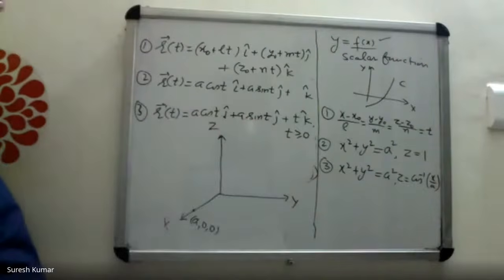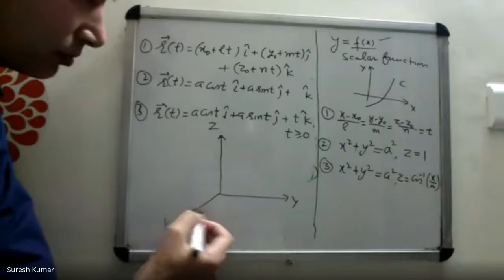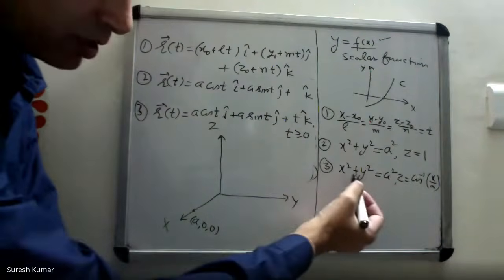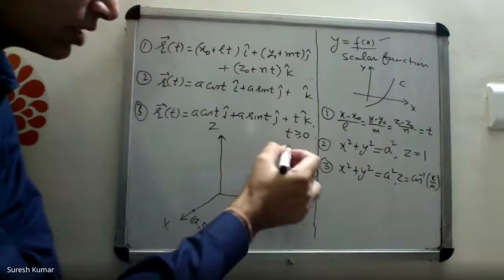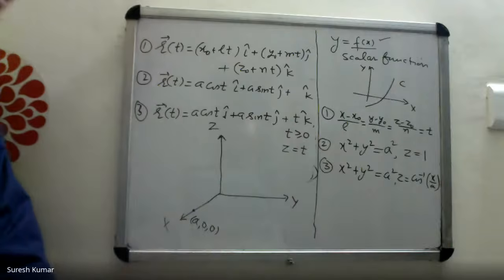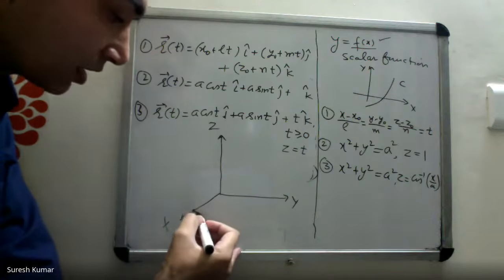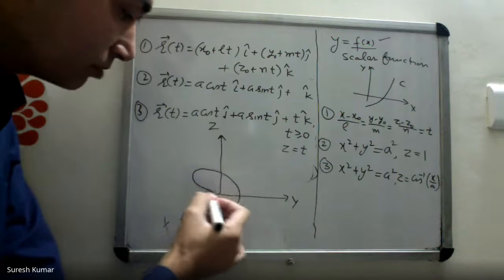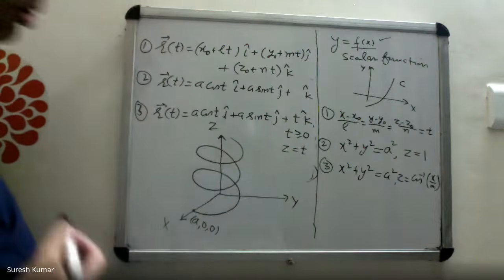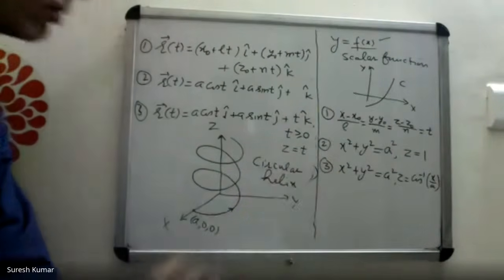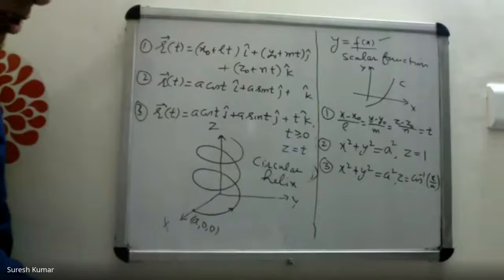What happens after that? As you increase the value of t, x and y are certainly moving in a circle. They will follow the circular path, but your z, that is equal to t, is increasing. Z increasing means the plane of the point is changing. In fact, it is rising. So you move in a circle, but every time lifting the plane. What do you get? Helical path. Spiral. In this case, we call it circular helix.